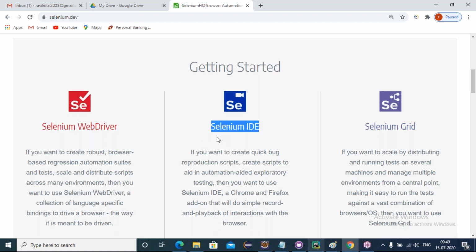Taking into consideration these disadvantages of the IDE, the next component got released as Selenium RC, Selenium Remote Controller, which got deprecated, friends. After the IDE, the next component introduced was Selenium RC. If you want to work with the Selenium Remote Controller, we must be aware of one of the language bindings like Java, C#, Ruby, or Python.